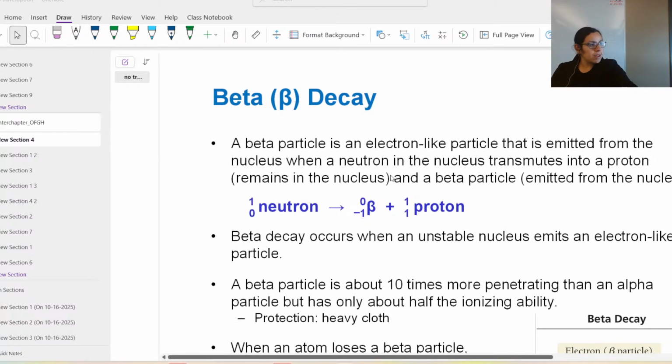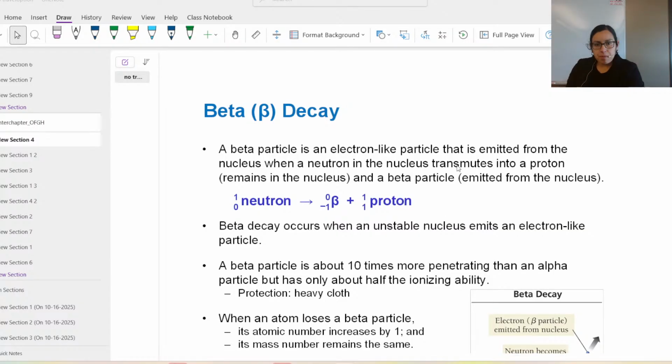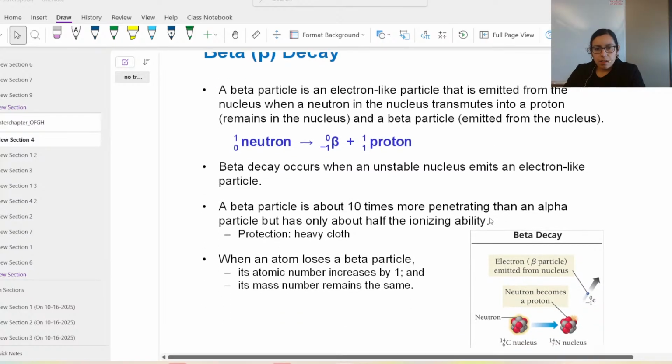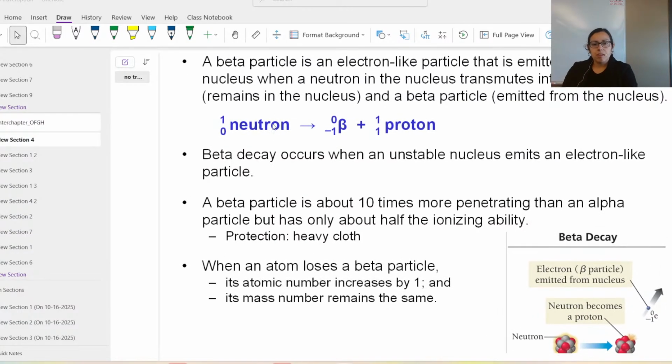All right, so then we'll look at beta decay. A beta particle is just an electron-like particle that is emitted from the nucleus when our neutron essentially splits. In this case, looking at our negative beta decay, our neutron splits to become an electron and a proton essentially. And then if we add everything back together, so our mass numbers, of course,